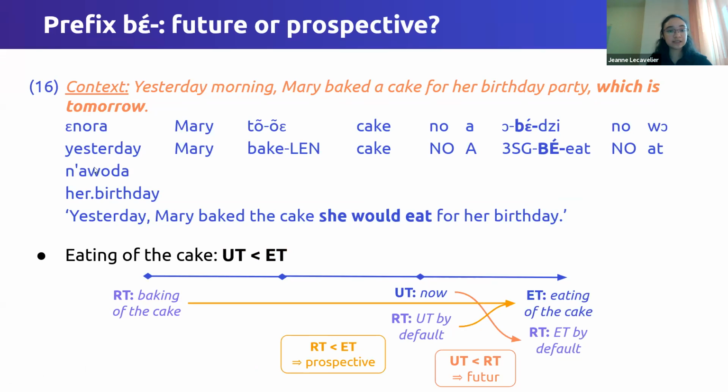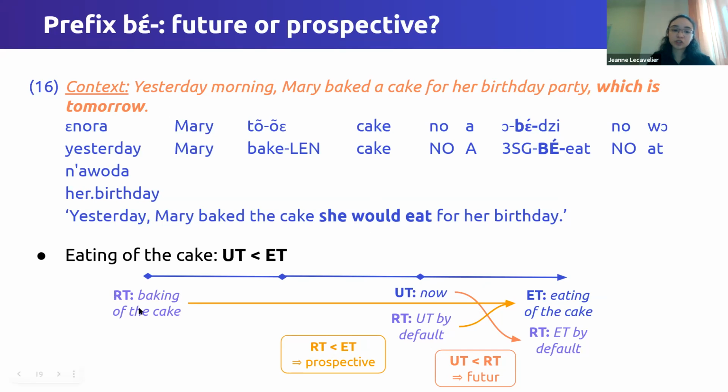Of course, both contexts again trigger the same elicitation. So if you get this sentence in the context of 16, this is ambiguous. The role played by the bay plus high tone is ambiguous, because it could be that the reference time corresponds to the event time by default, and then you get that the reference time is before the reference time. It's a future. But it could also be that the reference time corresponds to the reference time by default, as coded by the main clause,